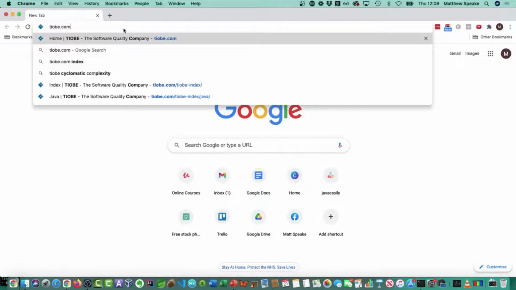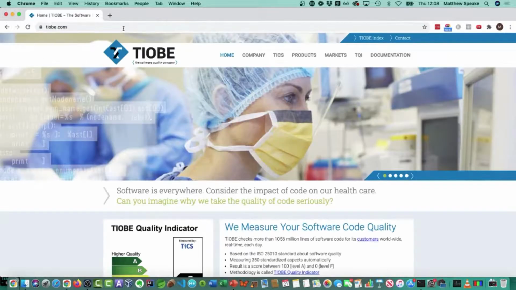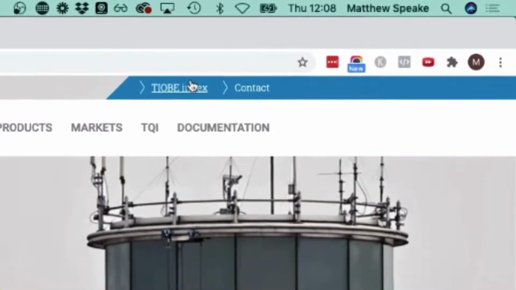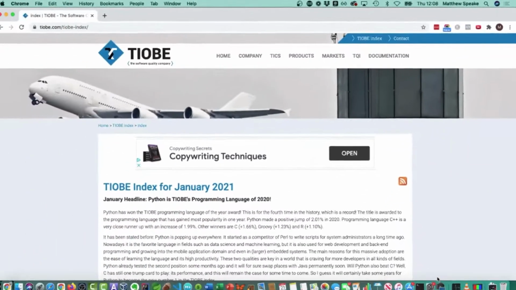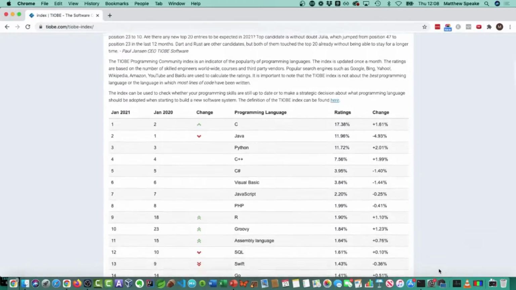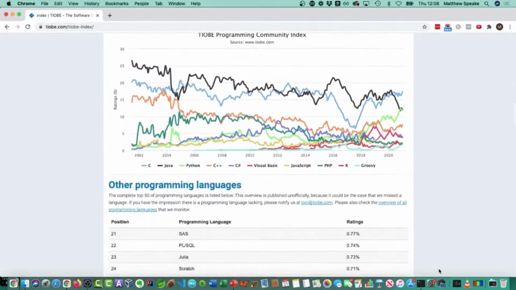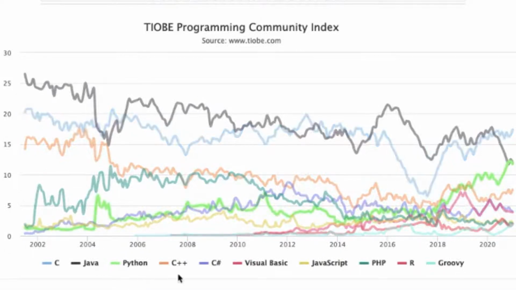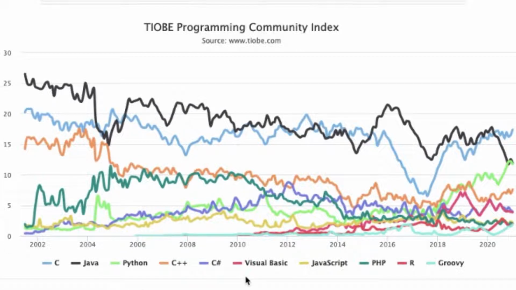If I just jump into tiobe.com, here we can see we've got the website for it. And right over here on the right-hand side, you'll see this TIOBE Index. So if we click that, and we just scroll down, you'll see that there's a graph at the bottom of the page. So here we are. This graph is basically charting the popularity of the most popular programming languages that there are today. And you can see you've got C, Java, Python, C++, C#. These are different programming languages that you can choose to develop software in.